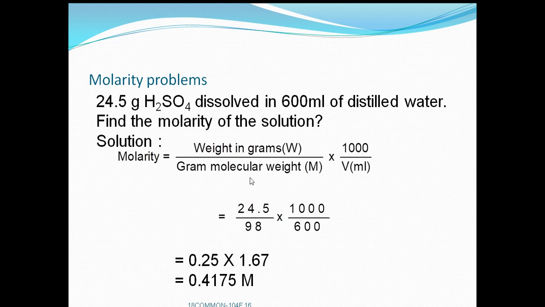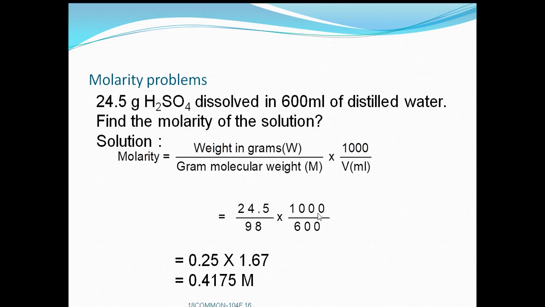For the sake of convenience I am giving some values. Suppose you take HCl, what is the gram molecular weight? 36.5. How will you get that? Hydrogen is 1, chlorine is 35.5, so you get 36.5. NaOH, how much is the gram molecular weight? NaOH is 40: sodium 23, oxygen 16, plus 1 for hydrogen. If we add all values, we get 40. Like that, we have to know how to calculate the gram molecular weight of any substance.